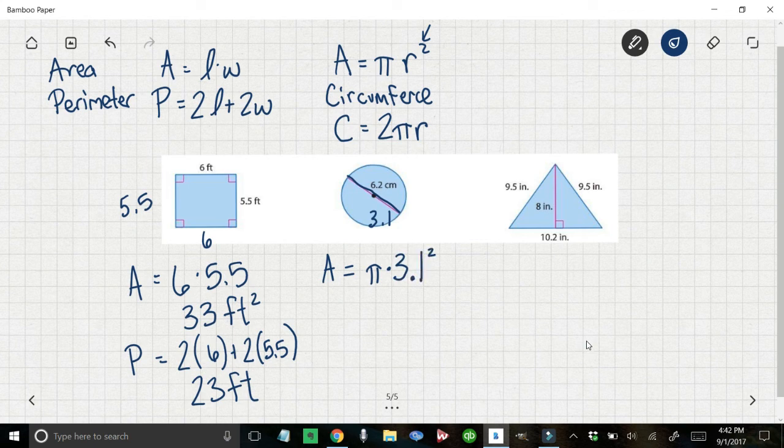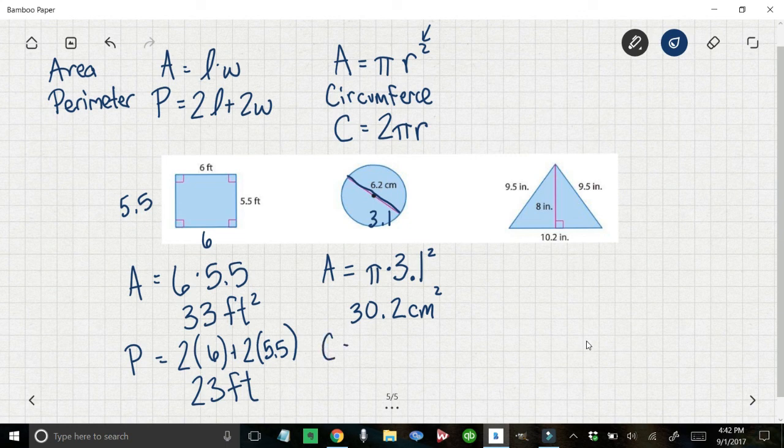So when you multiply that out on your calculator, that's going to get you 30.2 after you round it to the tenths place. So since pi is an irrational number, if you plug that into your calculator, you'll get an irrational number also. You can just round that to the tenths place unless the directions tell you otherwise. And then for